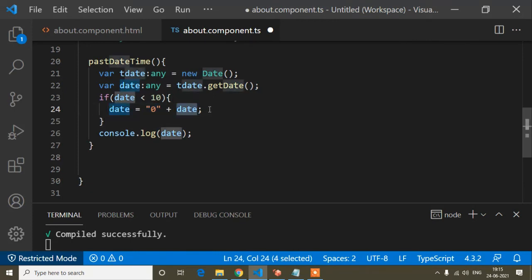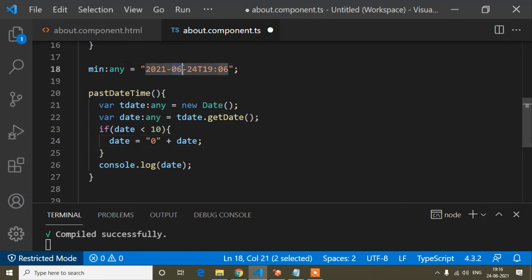For example, if the date is 9, it's less than 10, so it will be 0 and then plus 9, written this way. Okay, the same I will use for month, because month is always 2 digits.